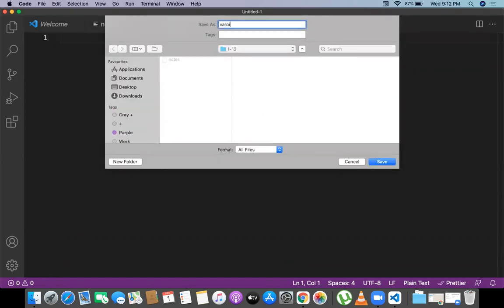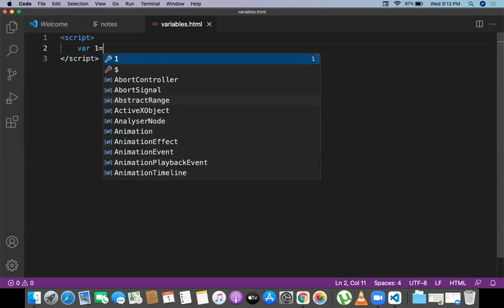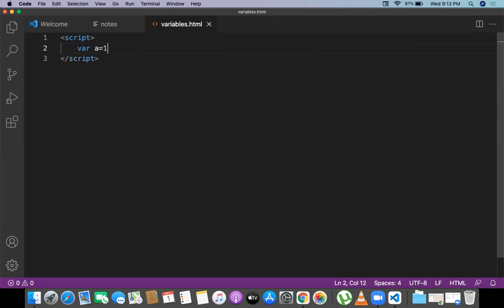The program is about variables dot html. Okay, let me write a script now. Where a is equal to 10. Variable name should not be a number. Variable name should be something like a character, or a character set. It's like a string.